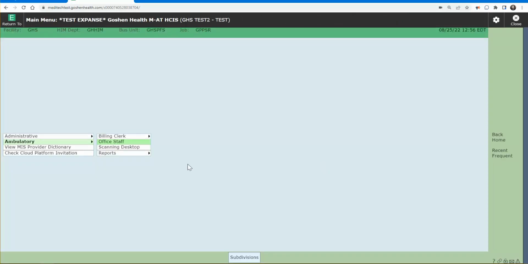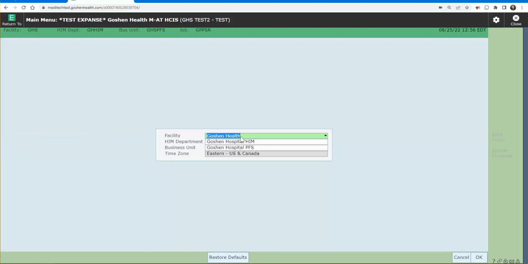Sometimes we don't have you dropping into the right environment. In other words, maybe we dropped you into the acute side, which is the hospital side, instead of the ambulatory. This is probably due to the fact that you've had access to the hospital side in the months past. So what we're going to do as a workaround right now is click Subdivisions. And I'm going to have you come up here, see how it says Goshen Health, that's the acute side. So if you'll hit your backspace or delete button,